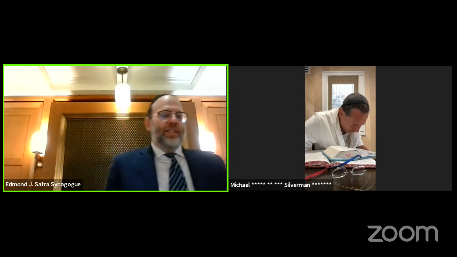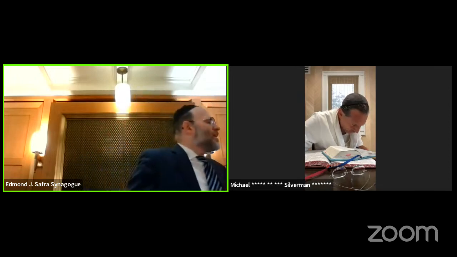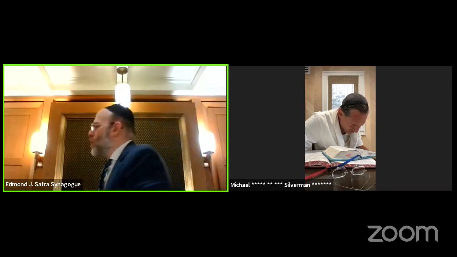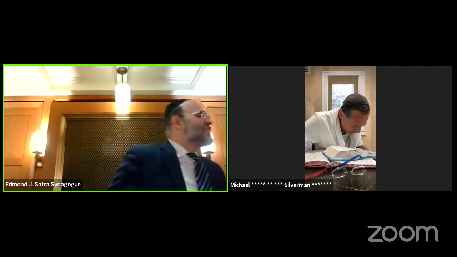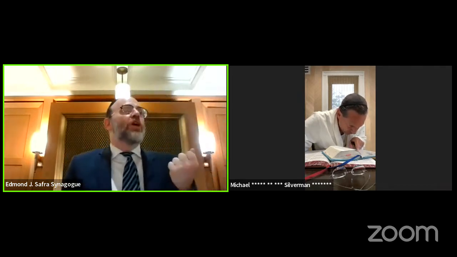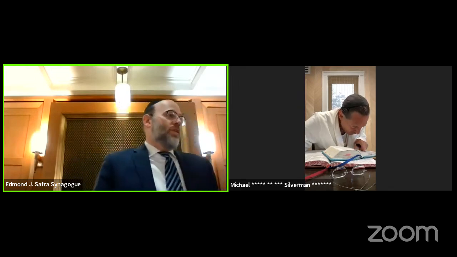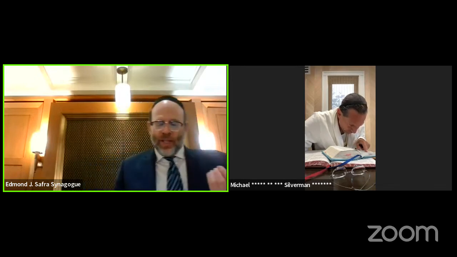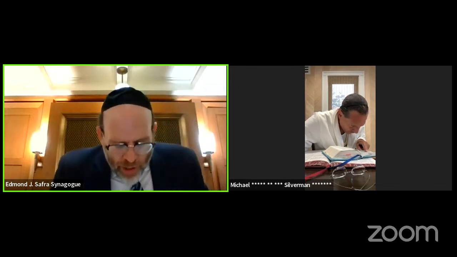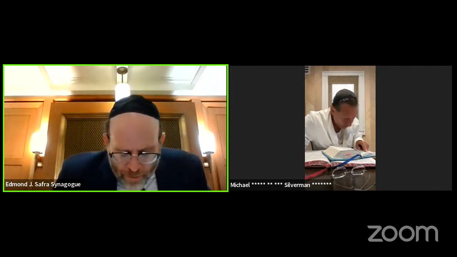Normal laws of Sukkah is you have to have kosher schach. It's schach that has gone out from the normal law of Sukkah, that it's not kosher schach. And the chidush is that even the schach that's not kosher, if it's such a small amount, is considered nullified. It has to be significant in order for it not to be nullified. So that's what the Gemara says. Now, the Gemara says,